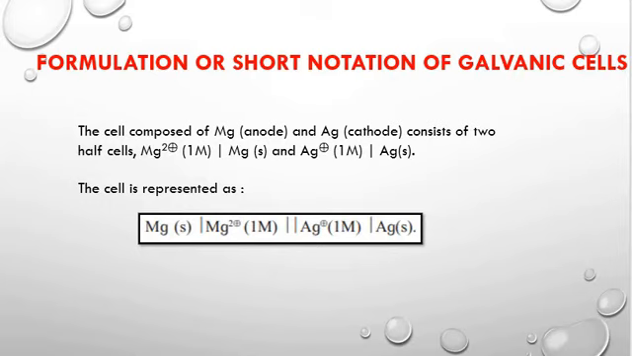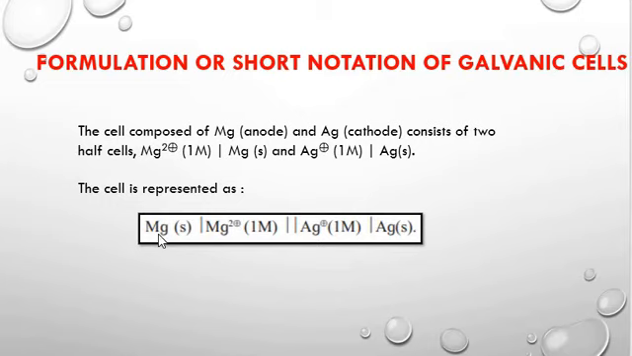The double vertical line placed in between two solutions indicates that they are connected by the salt bridge. The additional information like concentration of solution or the gas pressure should always be given along with the cathode or anode. Now, if we get this short notation or formulation of galvanic cell, by this we could understand